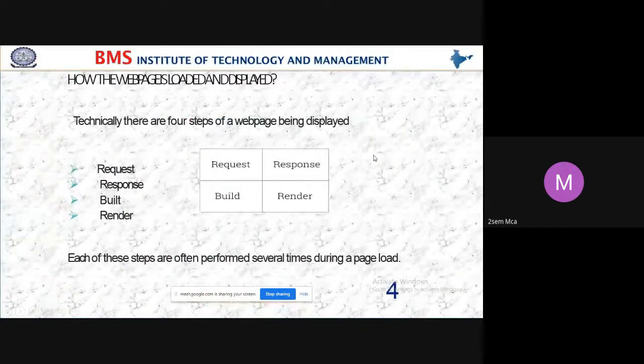So technically, there are 4 steps of a web page being displayed: request, response, build, and render. Each of these steps is often performed several times during a page load. Yes, when you browse something, most commonly you will not browse a single word. Once I get the full form of W3C, I'll not close the browser.